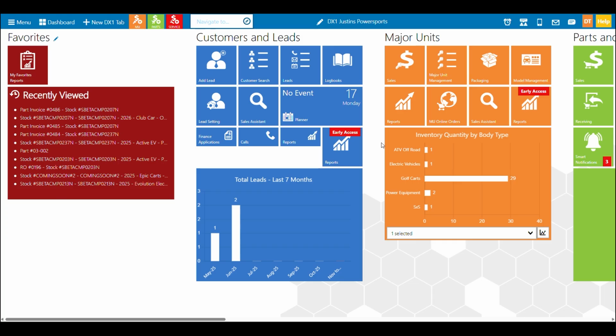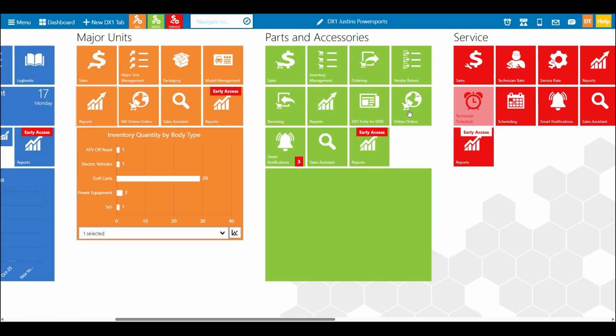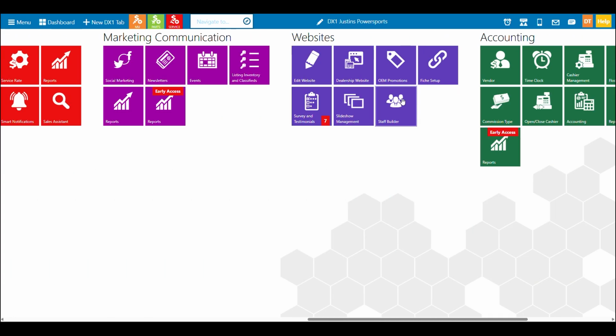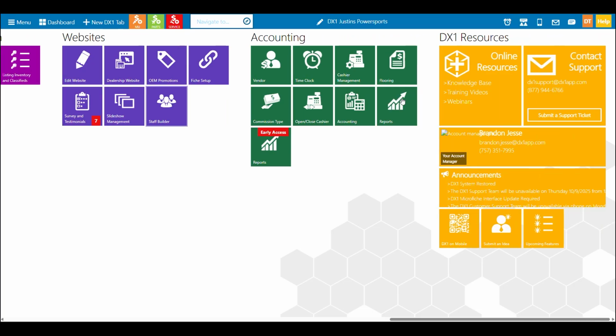In this chapter, we're going to talk about how to open a drawer and assign cashiers to a drawer. Something you will do most likely every day, or at least a few times a week if you're doing the right job. So let's take a look at how we do that.